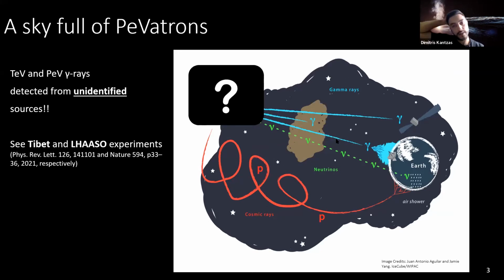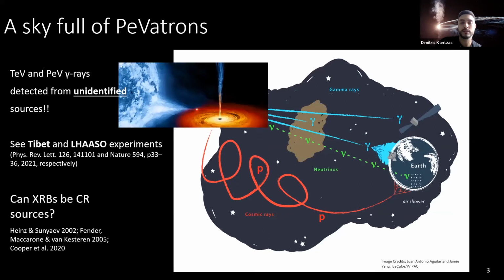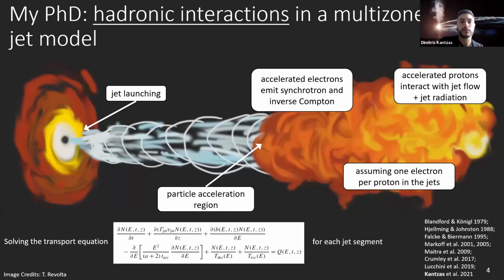In fact, a couple of months ago, the LHAASO experiment released a very short catalog of TeV to PeV gamma ray sources, galactic gamma ray sources. 10 of them are unidentified. So my question is, can these unidentified sources be galactic jets launched by stellar black holes? Or in other words, are jets launched by black holes pevatrons? To be able to answer this